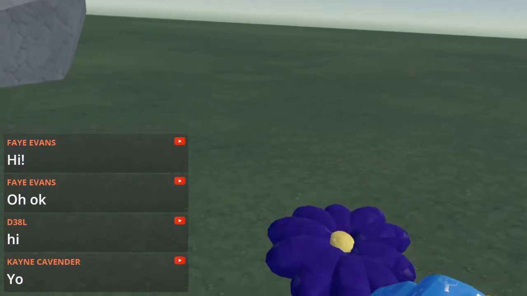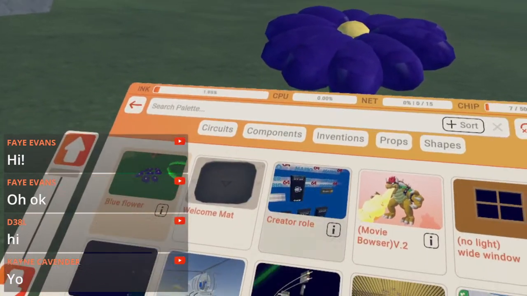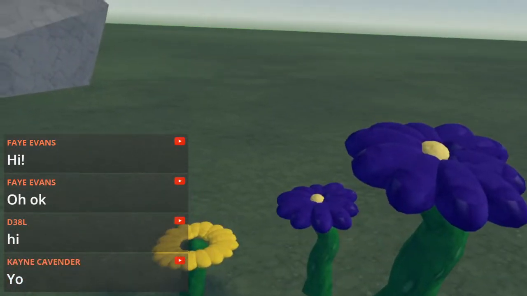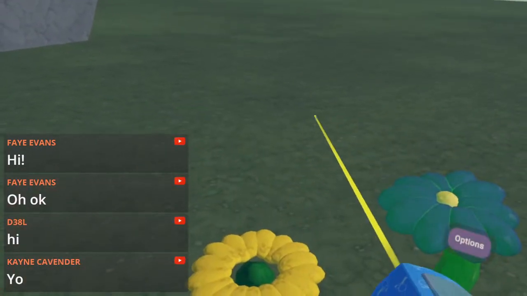This is what your flower should look like. Obviously, this is something I've been working on for a while, but it should look similar to that. Anyway,